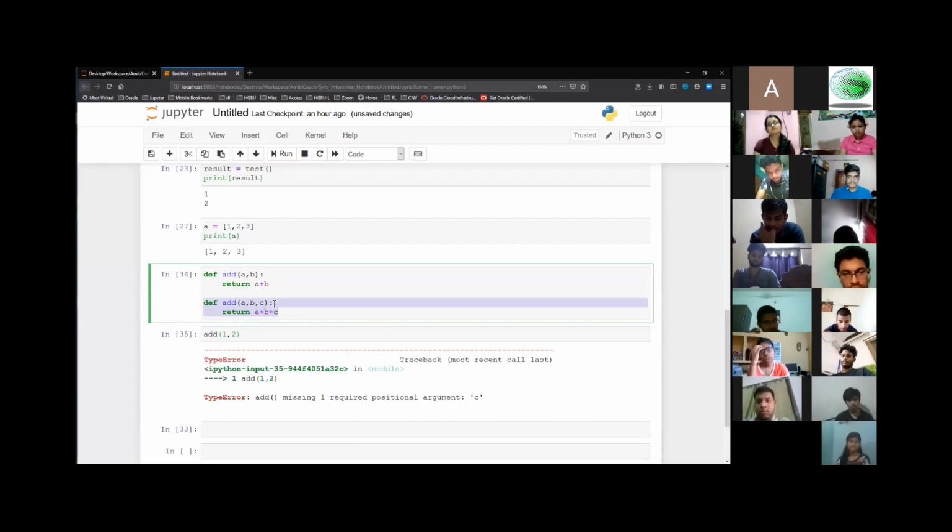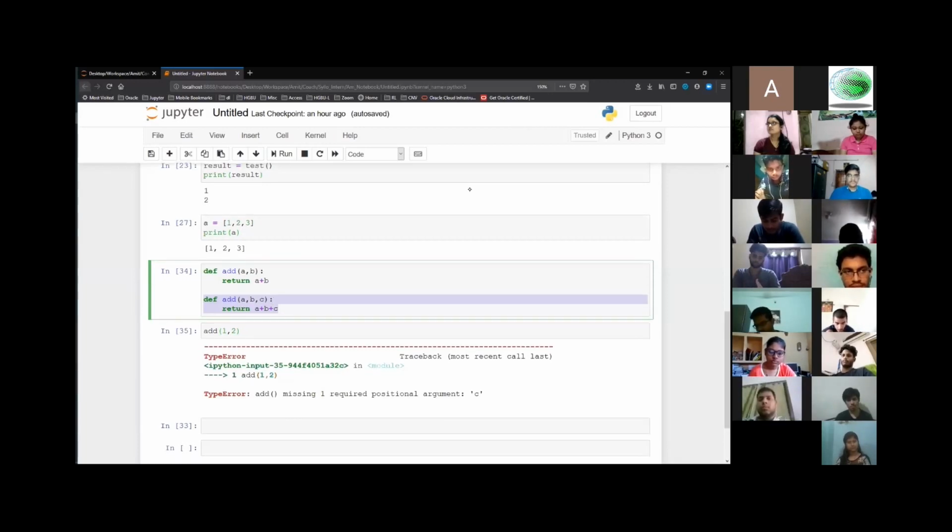So what I'm trying to show here is that in Python, you can have just one function with a given name. The name should be unique for the functions that you have written. So one approach can be, I can have functions created as add 2, add 3, add 4.